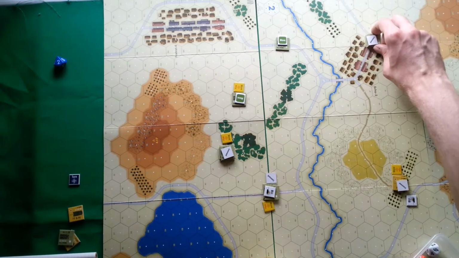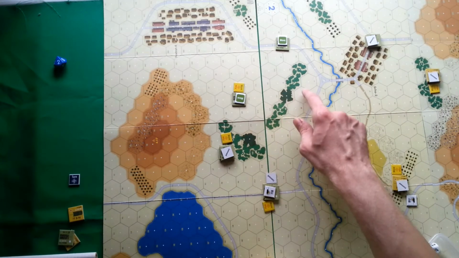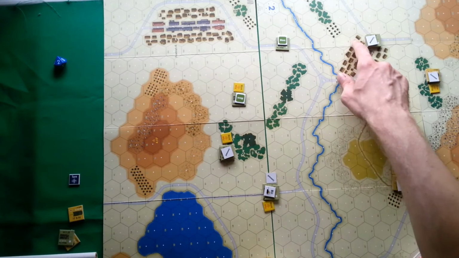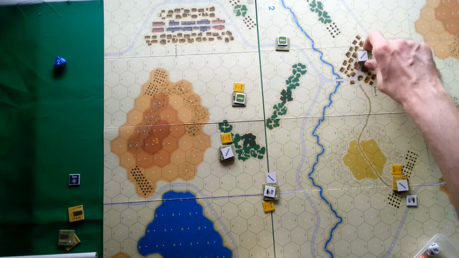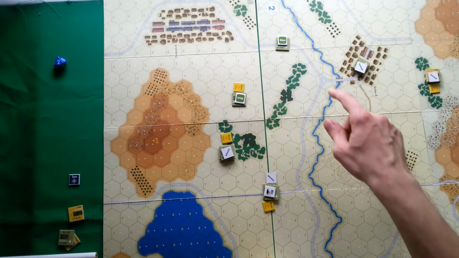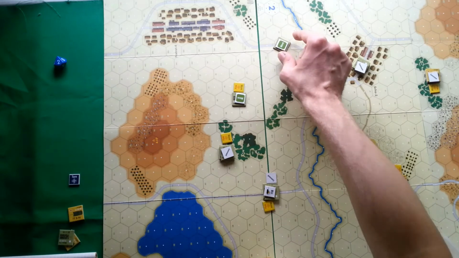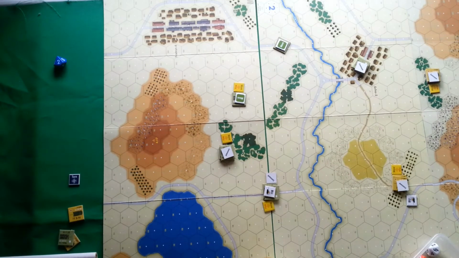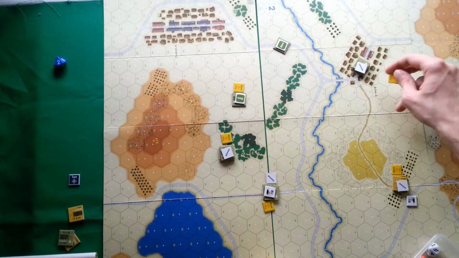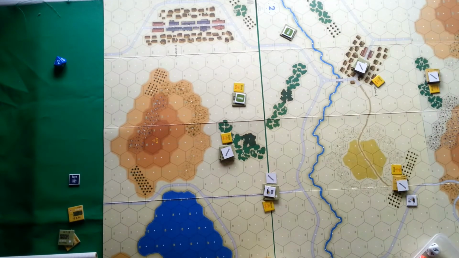So they are... oh, I'm not sure if I moved too far. 1, 2, 3, 4, 5, 6, 7, 8, 9, 10. No, that's not what I wanted. So let them be here. And now this tank is going to first spot counter. 1, 2, and it's about to occupy this fort, because there are victory points for forts as